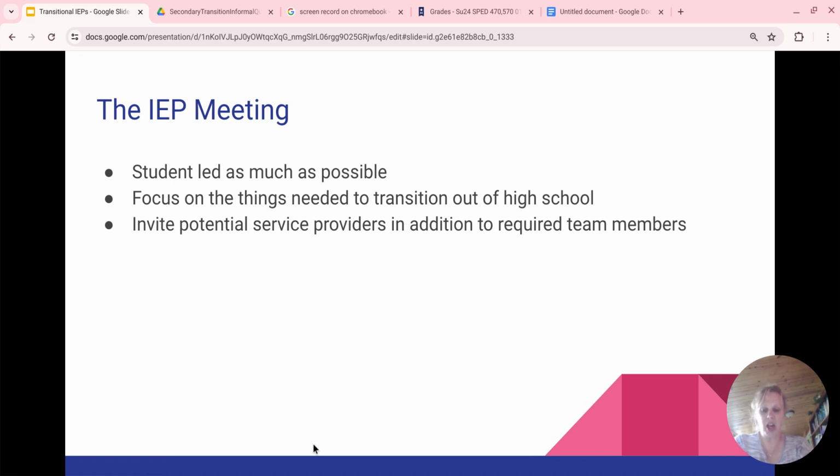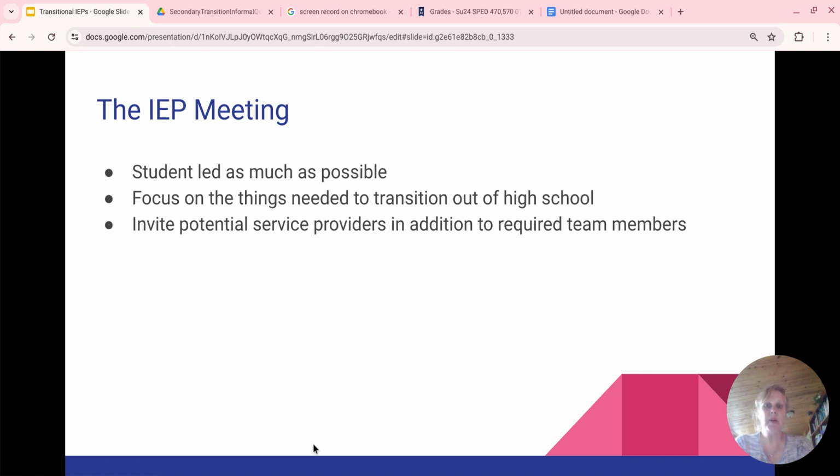In addition to the education team, the transition years is a time to include representatives from work-based learning, vocational rehabilitation, and other community-based career service program providers. These providers can share information about their program, and the team can ask questions as to how their services may assist the student in meeting their goals.